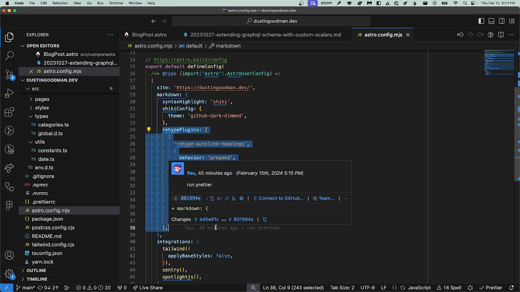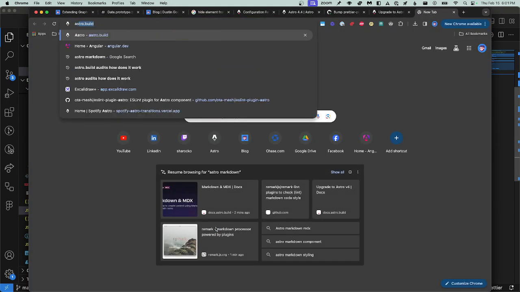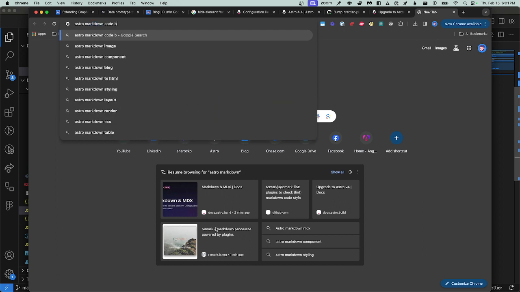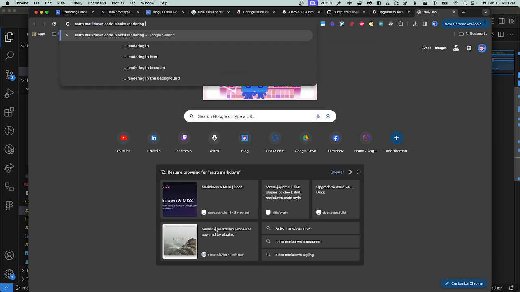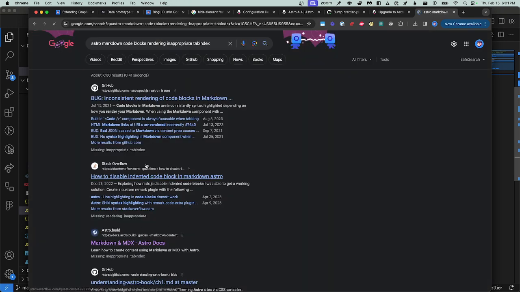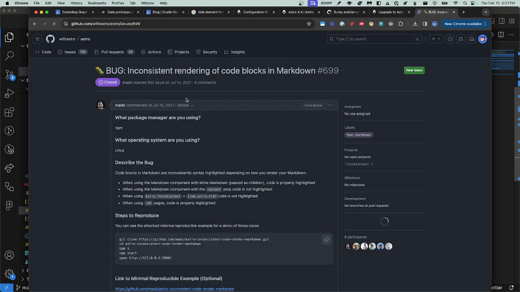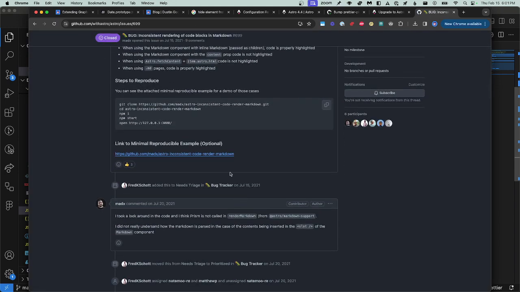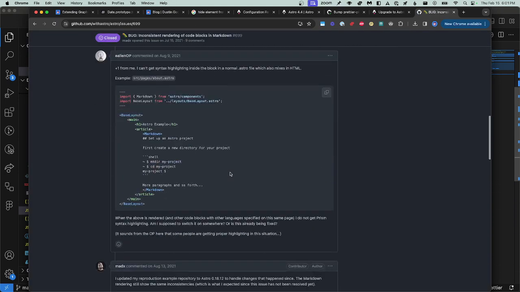But let's just say Astro Markdown code blocks rendering inappropriate tab index. Let's just see what happens. I don't know if there's going to be anything in here about it, but